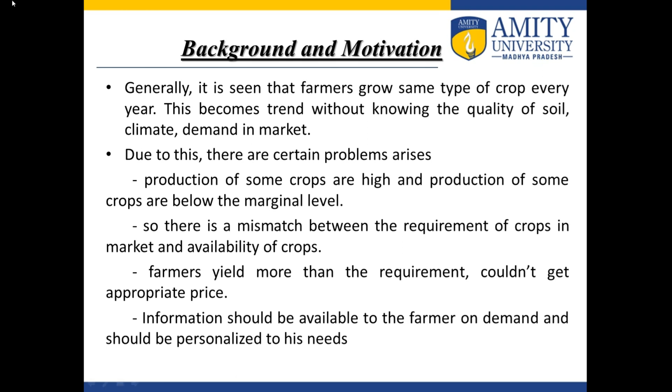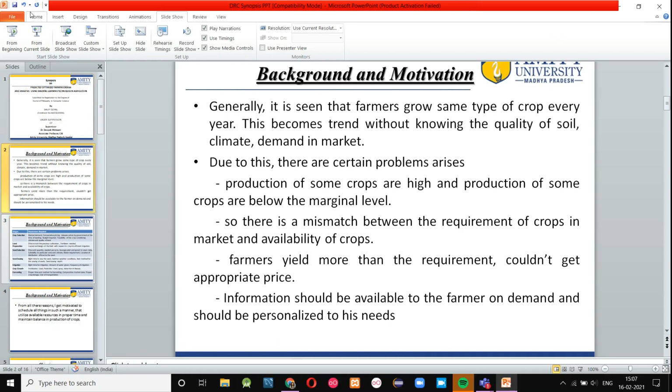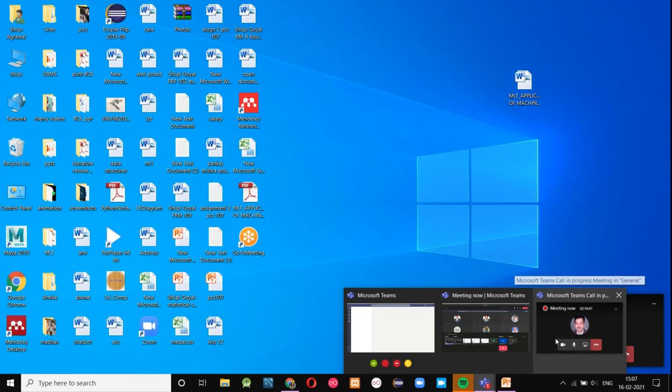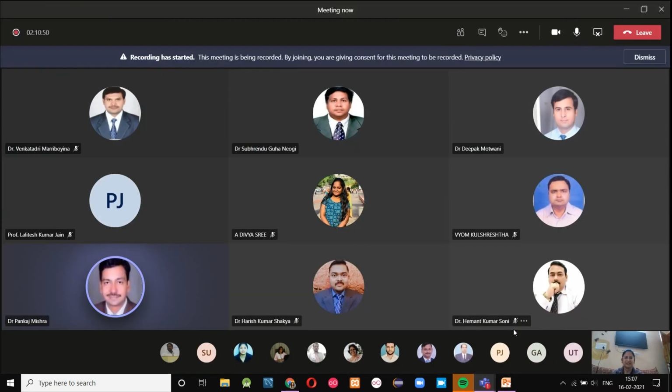Shilpi, you just do one thing: reframe the topic and discuss all the particular formulation in one go. For this you require a proper review of literature, and you should take help from your supervisor, so that it will come out in a good way. Your presentation is just like "अच्छे दिन आएंगे", but how will the good days come, what will happen? There is a lack of missing parts. So sir, we are moving in that direction also. Yes, so अच्छे दिन आएंगे, no doubt, I am sure. But we are suggesting something.